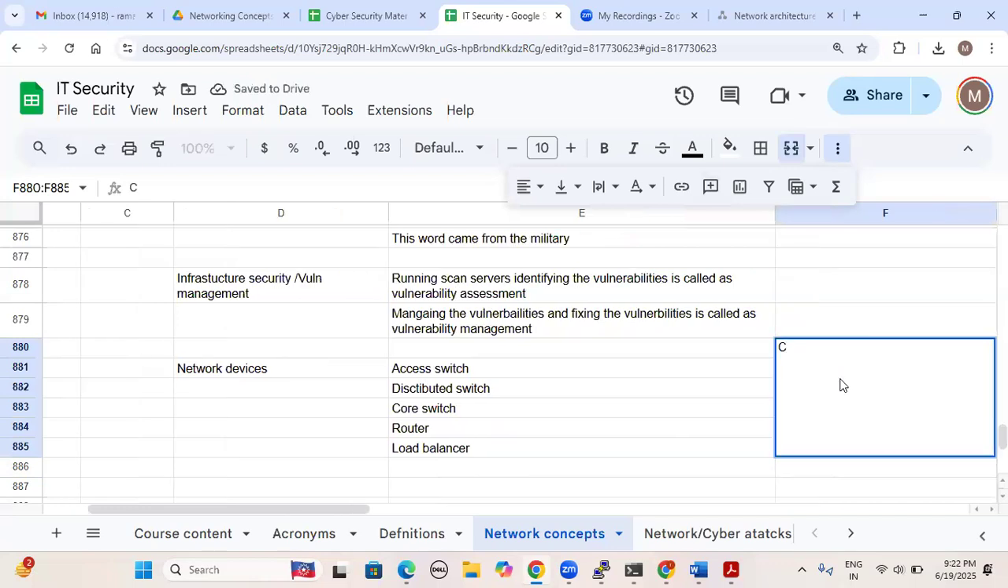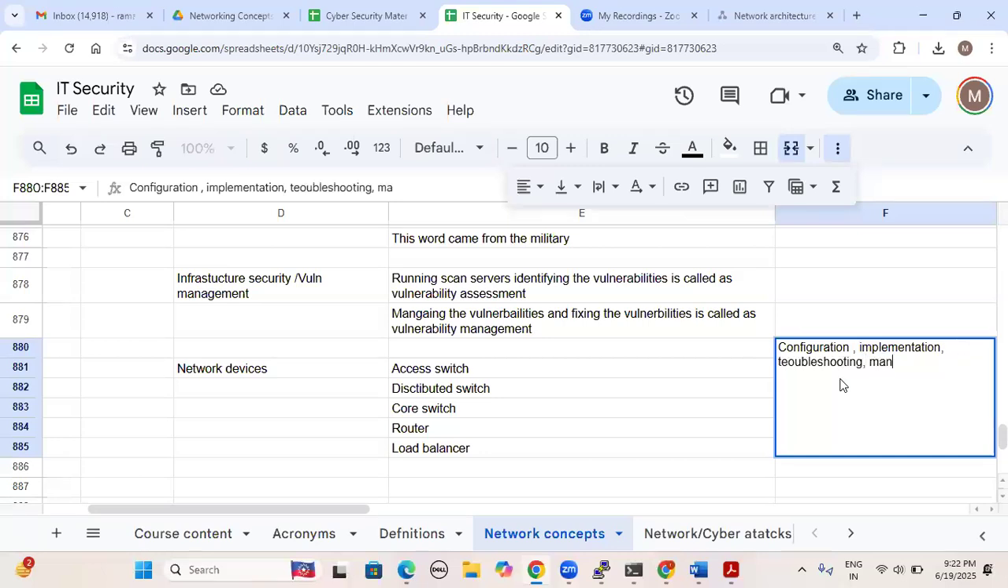Configuration, but vulnerability management can be done by our team only, part of the vulnerability assessment or vulnerability analyst team. Configuration, implementation, troubleshooting,